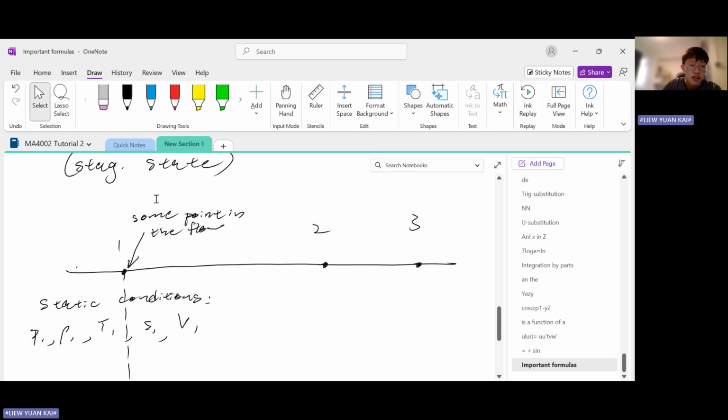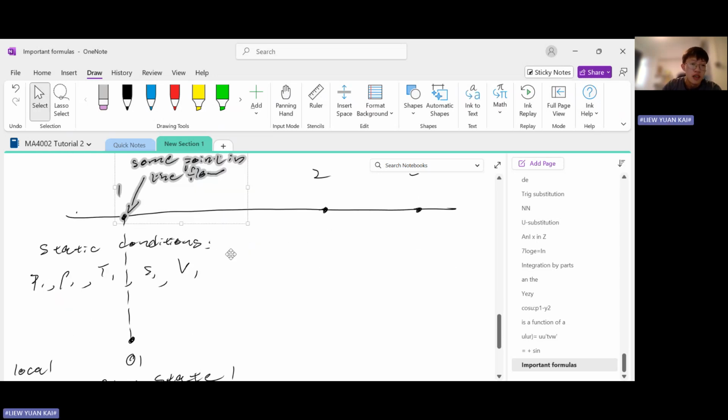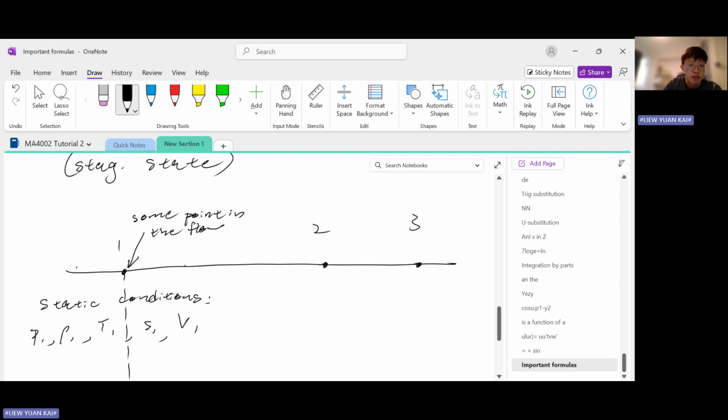Yeah. So point 1 is just some point in the flow. It's a random point in the flow, and it has static conditions, P1, Rho1, T1, S1, V1. Okay. So static, the word static comes from the word state. Okay, state. Okay. So it has these conditions, pressure, density, temperature, entropy, and velocity, because this is a moving fluid,